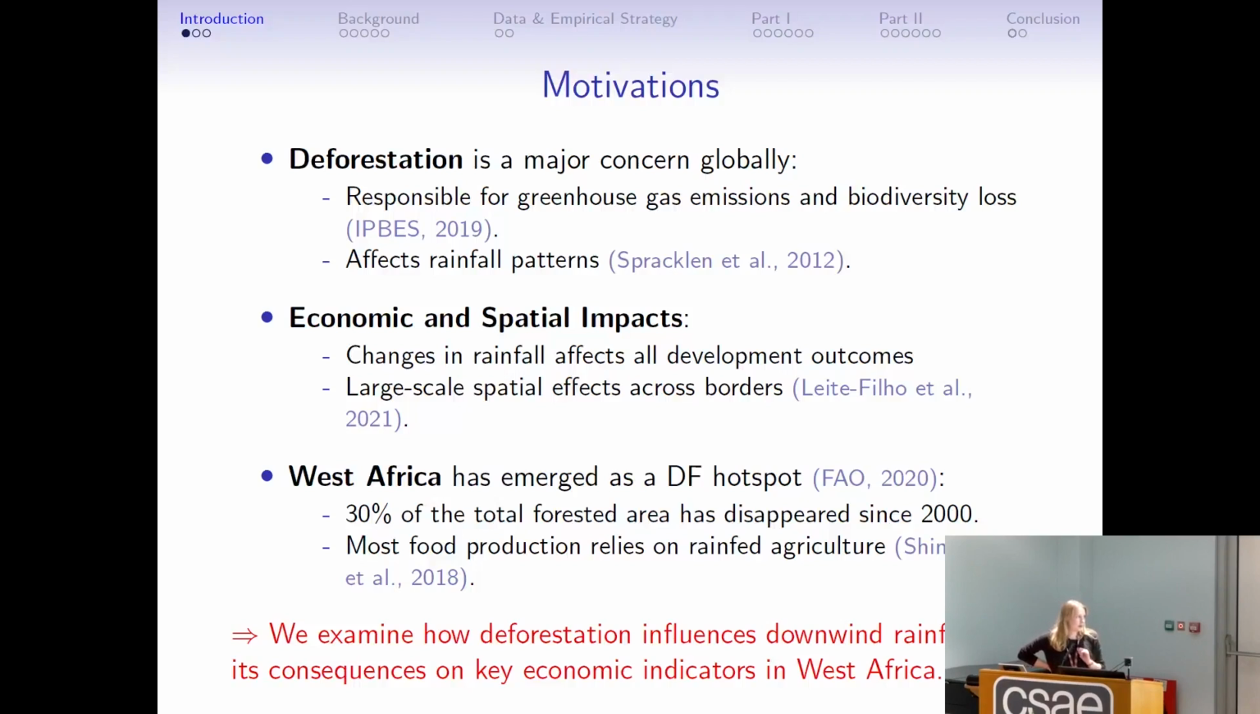And especially in our context in West Africa, deforestation has emerged as a major issue, and the rates are really increasing. In our sample, 30% of the total forested area has disappeared since the 2000s. And as we may know, in Africa and West Africa, most of the food production relies on rain-fed agriculture with really low adaptation strategies such as irrigation, for instance. So in this paper, we examine how deforestation influences downwind rainfall and its consequences on key economic development outcomes in